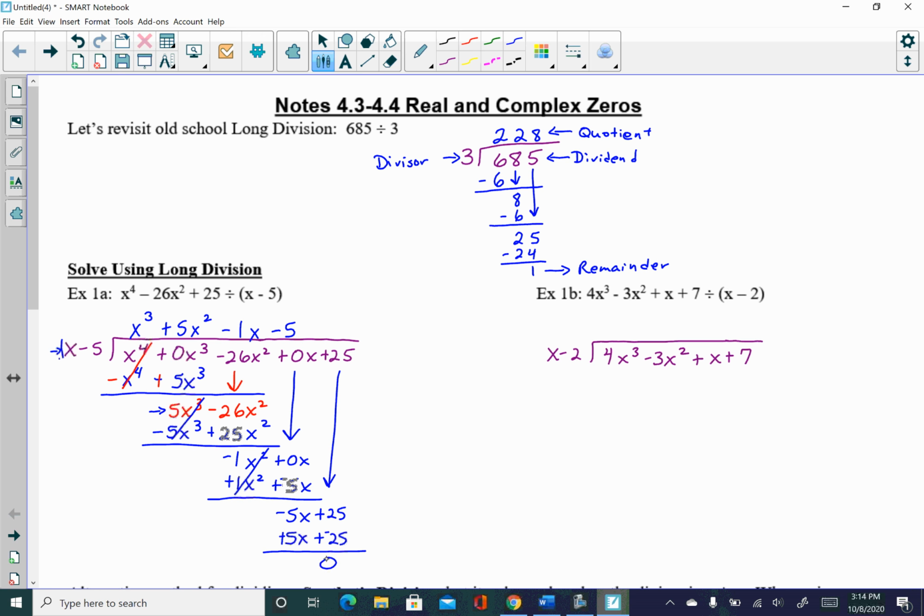Cancels out. 0 remainder in this case. Okay, so now since I have 0 remainder, what that means as we move forward, since your remainder is equal to 0, then we can determine that this triangle up here, just means therefore in mathematics, a triangle of 3 dots, that means therefore x minus 5 is a factor